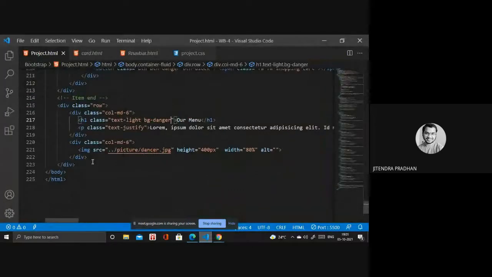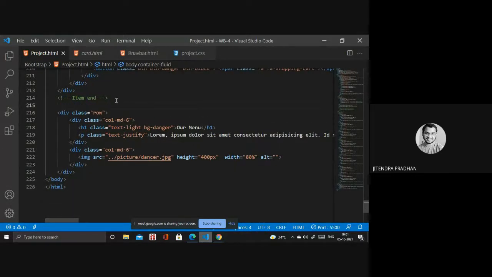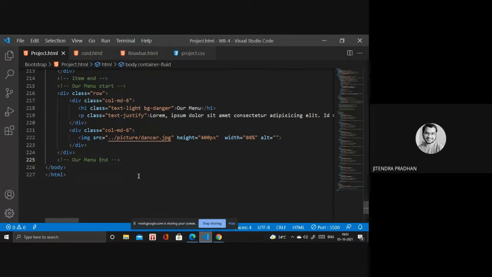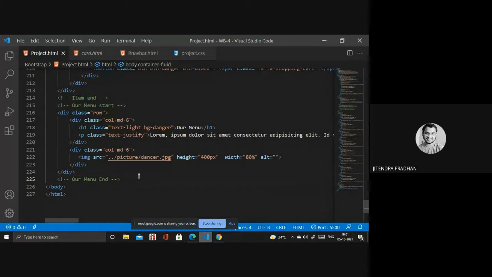Okay, so the footer is like a row. You have to write our menu as well. Our menu start, this one is end. You can add any animation inside. We already discussed that one. Okay, you have to add it. I don't have that much time to add it, so next thing we have to cover, yeah, the footer part.